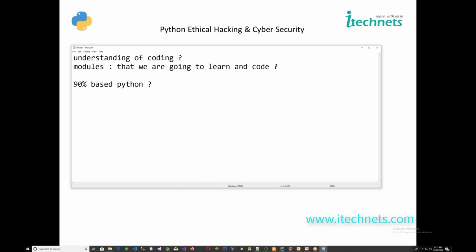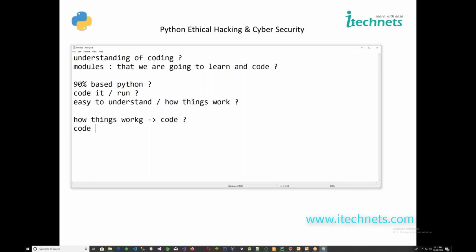When you know Python coding, and how to code it and how to run it, then it's easy for everybody to understand how things work. Now there's another way around. If you know how things work, then you can code, or you can code and then you can understand deeply how things work. I think this is the better way, right? I think this is the fast